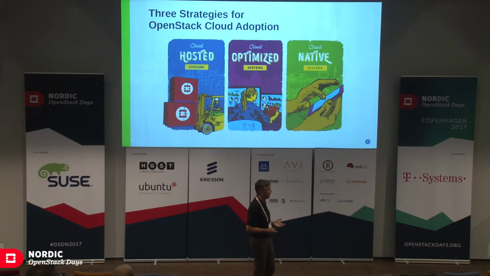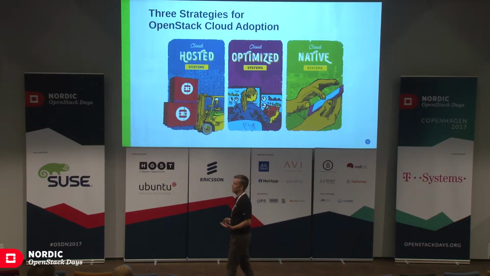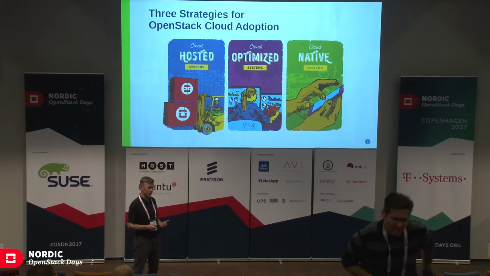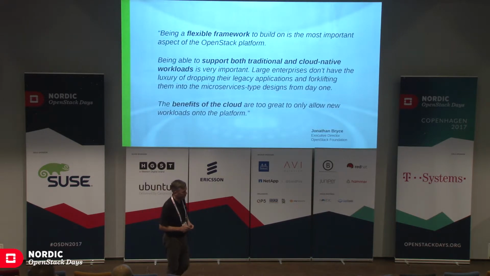So you've got your standard hosted workloads, which would be your traditional VMs that you transport into your cloud infrastructure to deliver at cloud scale. Then you optimize some of those solutions, so make them more effective at running in your cloud, so they're cloud optimized. But that's really where organizations are starting to think about working towards cloud native as an application set sitting on top of your private cloud. And that's really where the conversation about containers starts to happen.